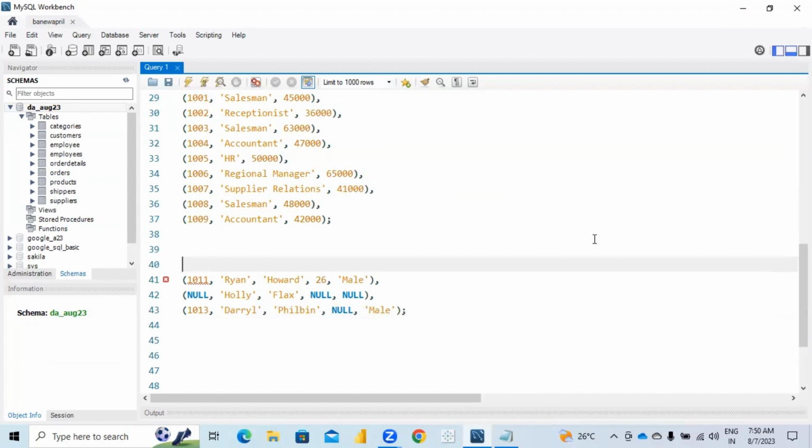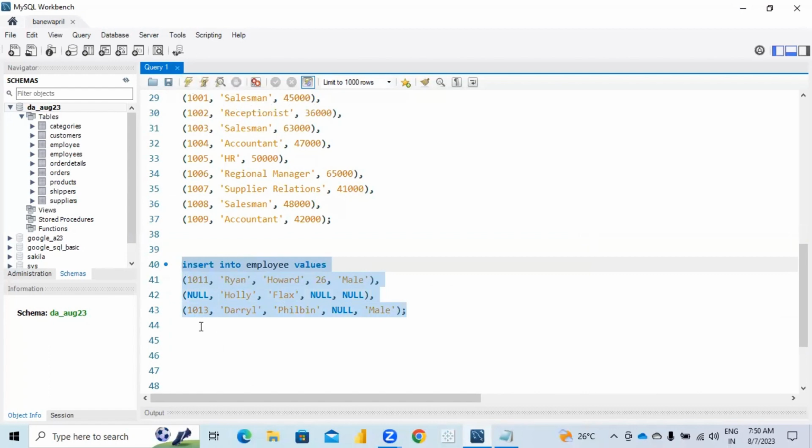If I want to add more data like this, these three lines also, how do I do it? Insert into employee values. That's it. If you execute it,